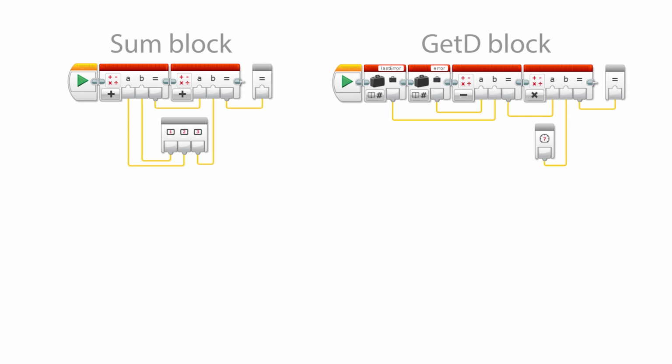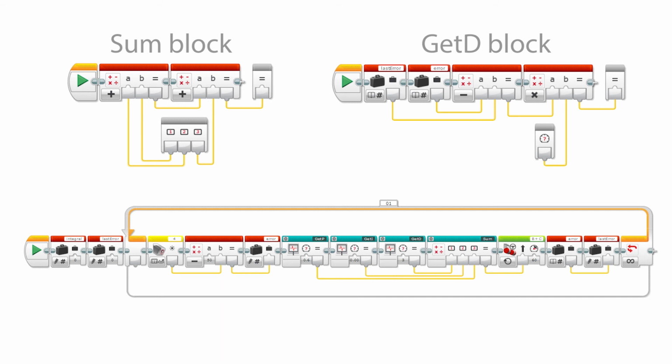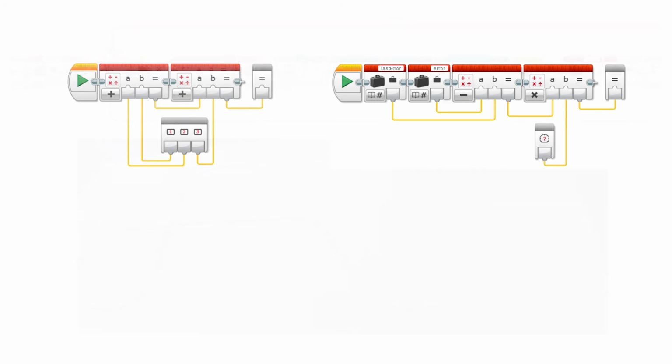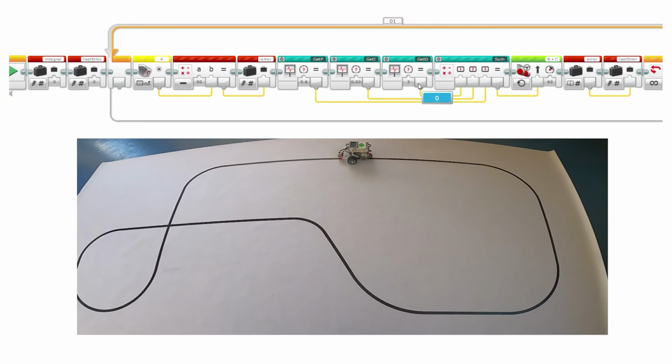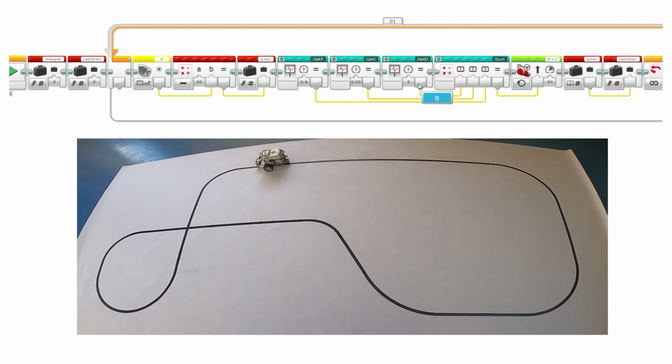In the block getD, the last error is subtracted from the error, and the result is multiplied by the input parameter. Then, the resulting value is returned. The PID line follower program calculates the steering value by summing the returned values from the blocks getP, getI, and getD. To better understand the role of the derivative part, we suggest finding the minimal possible proportional constant without integral and derivative parts, so that the robot can still follow the line.